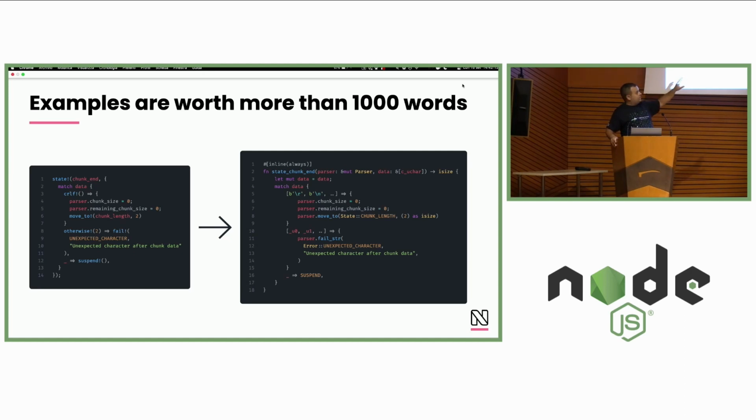On the right-hand side, you see the compiled version. You can easily recognize how the left-hand side matches the right-hand side. There is a definition of a function, state chunk end, which is named after the first parameter. Match data, as you can imagine, is the data that is currently being analyzed. Then you have the sequence of bytes in line 6, which is \r\n, and the unused one in line 10, which you compare to the otherwise. That's easy. This applies to all the possible states in Milo, which means that you can run cargo expand on the entire parser, and you can see what your states get compiled to.